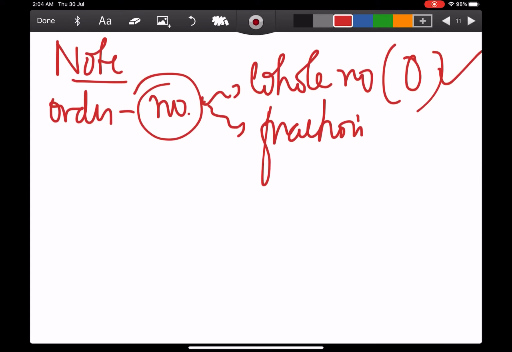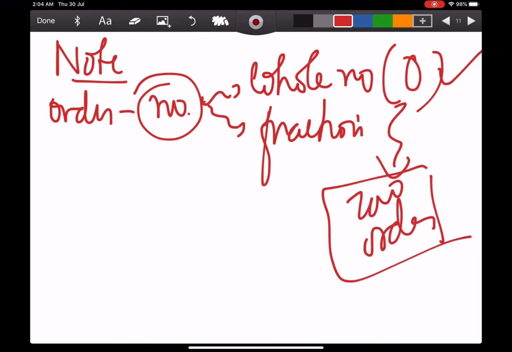Zero order just means that the power of the reactant is zero. That means the rate is independent of the reactant. This we have discussed in zero order reactions. You have a separate video for them, so you can watch it. So order can be any numeral including zero. It could be any number 1, 2, 3 to n, any number. It can be a fraction as well. This is an important point you need to remember for MCQ based questions also, because in MCQs they often test you on the basis of this point.